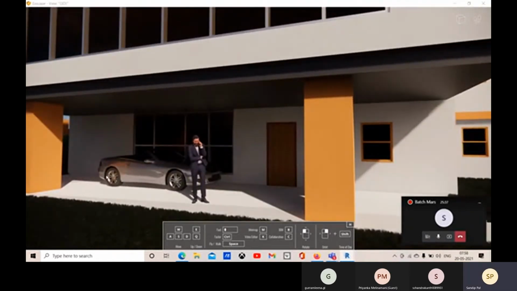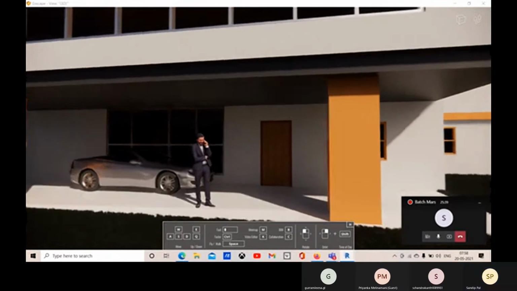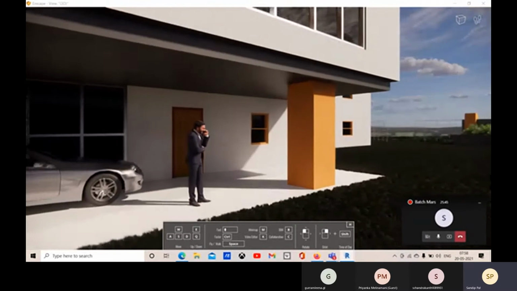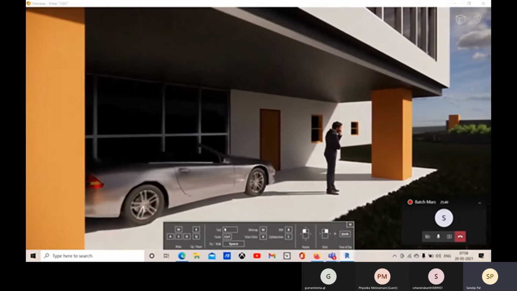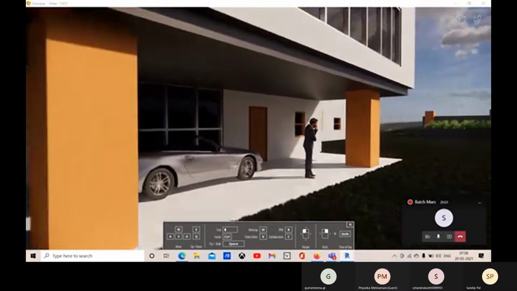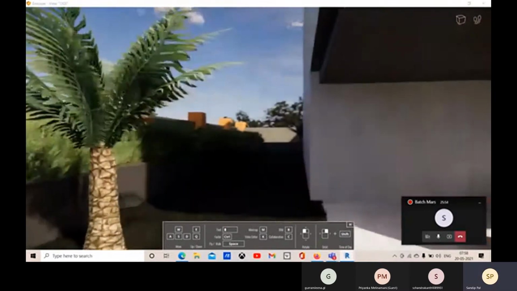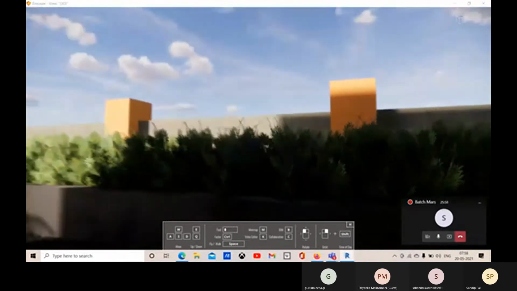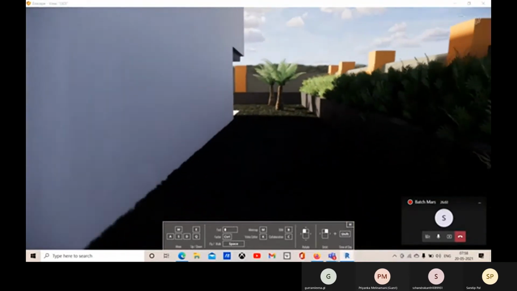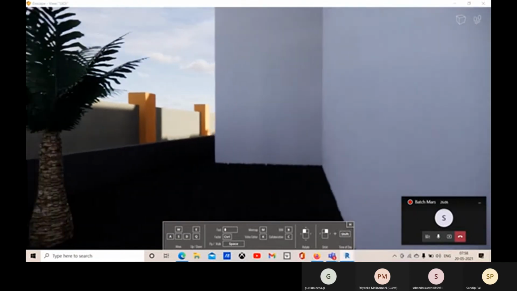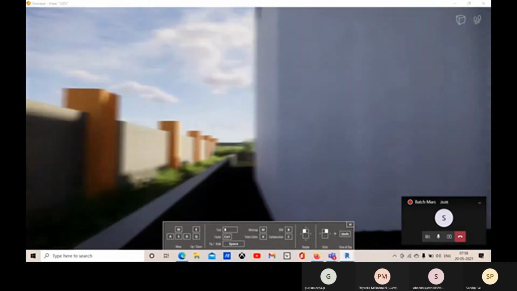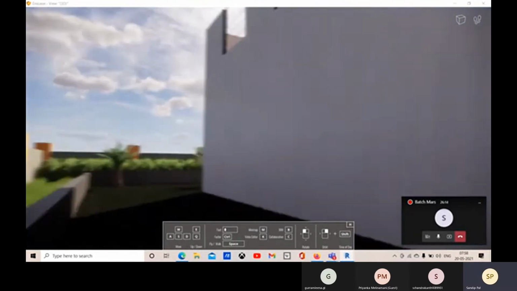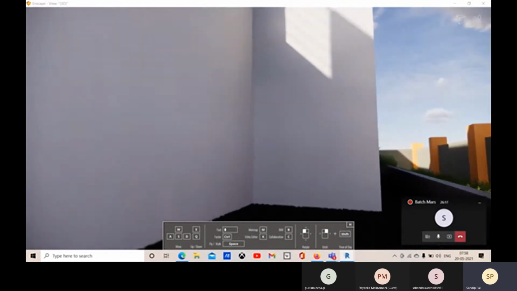Also, you can hold your left click and use WASD to alter your movement while rotating your screen this way. And you can also connect to your VR headset to get a realistic effect.